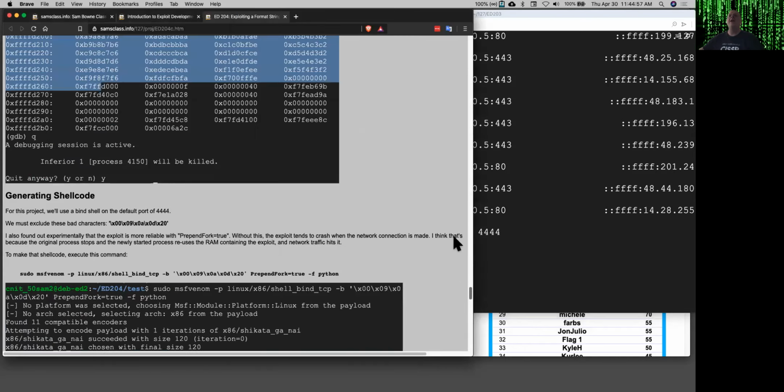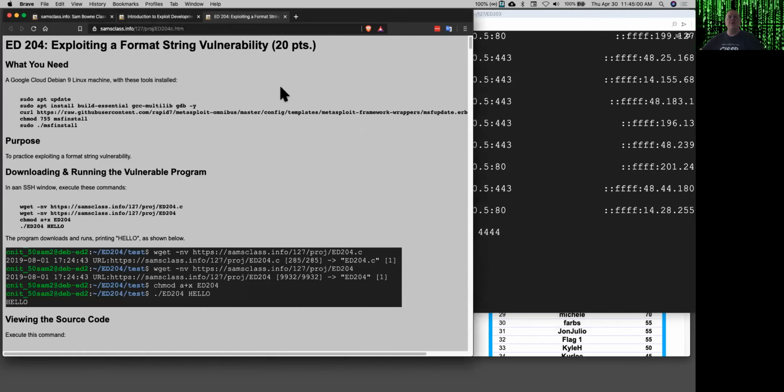That is a format string exploit, which is pretty strange. They're actually pretty easy to exploit once you get used to this, but it is a little bit mind-bending to use those strange format string commands. All right. So I'm going to